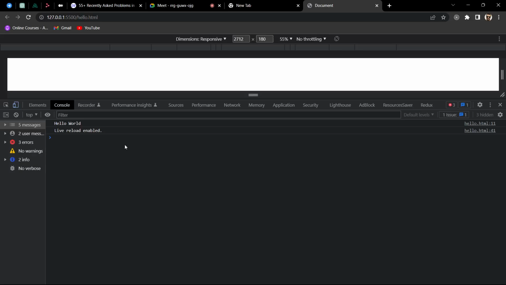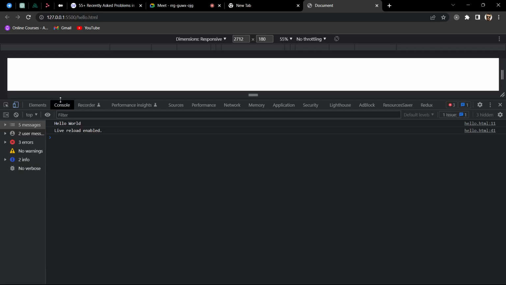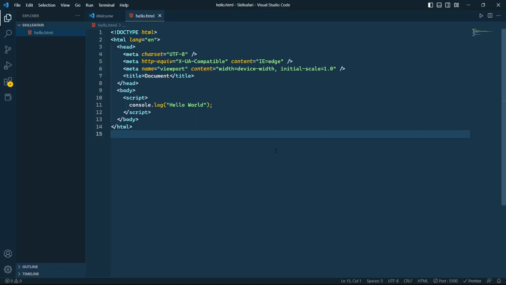It is because of our live server. I'm sorry, but using the live server extension, it is not showing the undefined statement. But if you write the same thing in the browser console, you will get undefined. So I'm just showing you the returning statement.